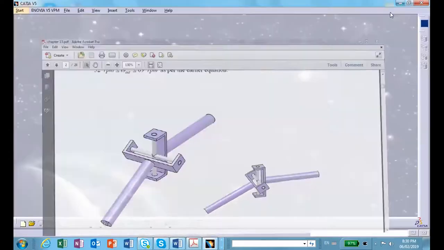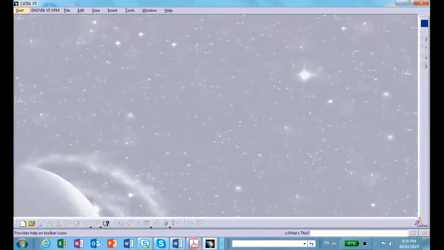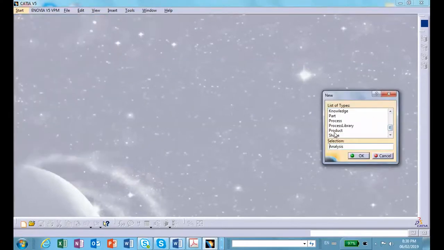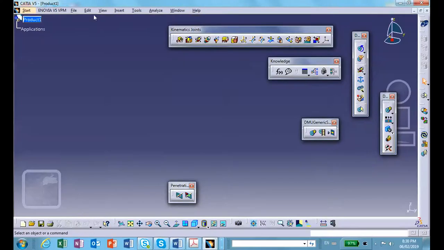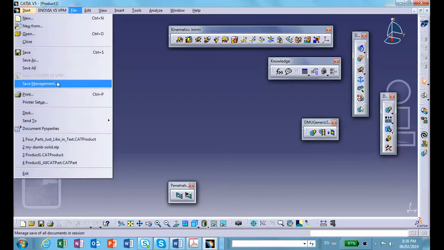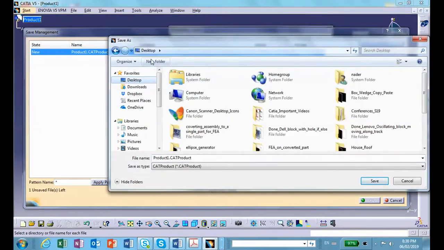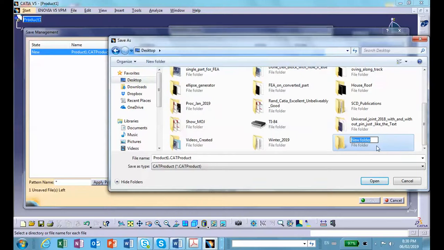Okay, so let me, ignoring all the dimensions, start with the product file. So file, new product, and right away I'm going to save this thing. File, save management, save as. On my desktop, I create a new folder, and I will call it universal joint mechanism. Okay,